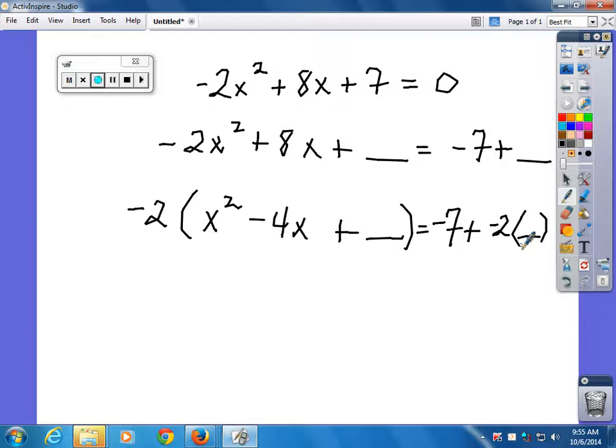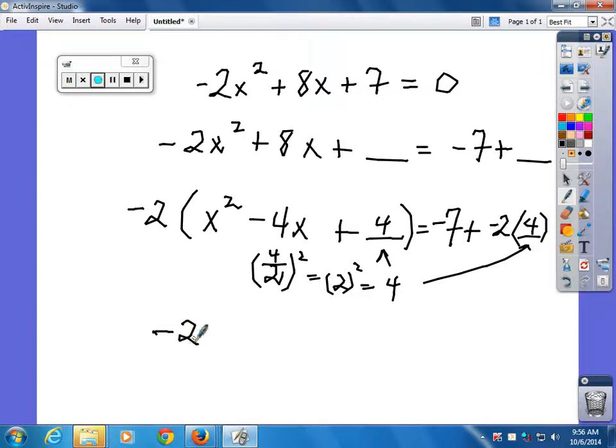And then what's half of 4? 4 divided by 2 squared is 2 squared, which is 4. And that goes there and there. And that gives you negative 2. And which shortcut is this going to be right here? Shortcut number 2, which is x minus 2, quantity squared,